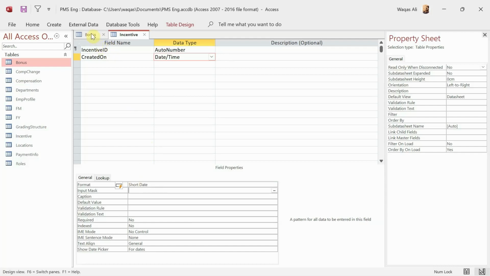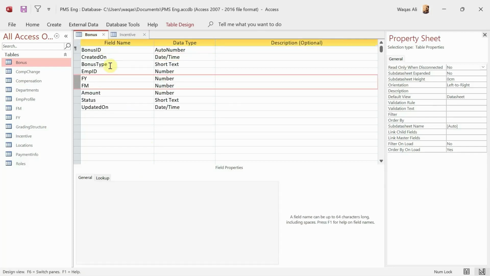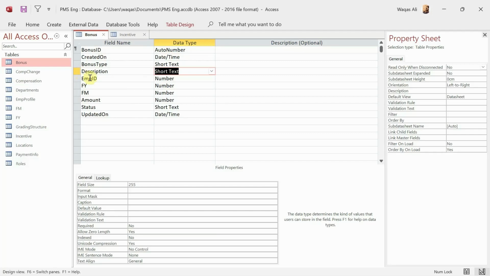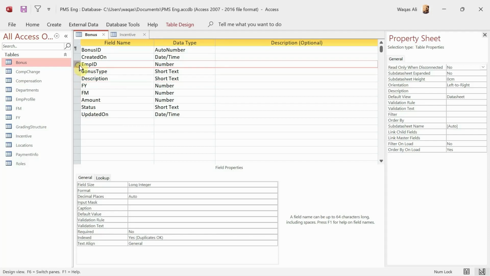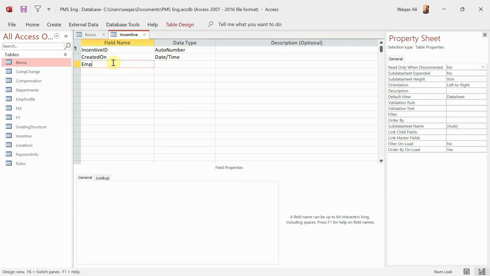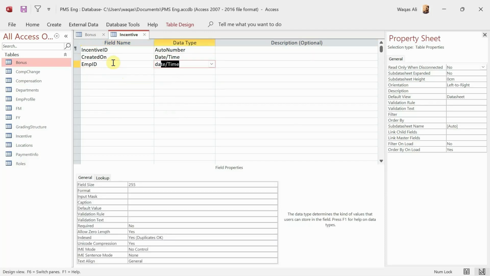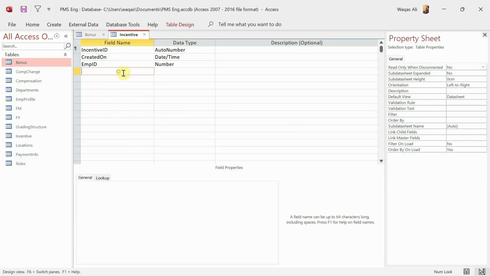Now what I would like to do is keep the same sequence of the information. Okay, let's add here bonus type. Let's add here the description as well in the bonus table. So a little bit of modification is going on, so it's good to have a description of why the bonus is being given. So for which employee, now back to the incentive table, for which employee we are giving the incentive to, and what type